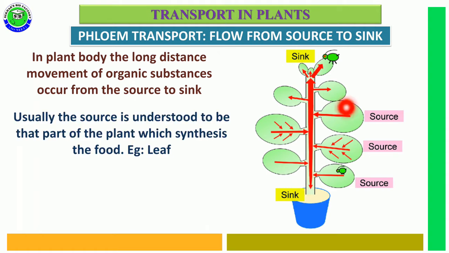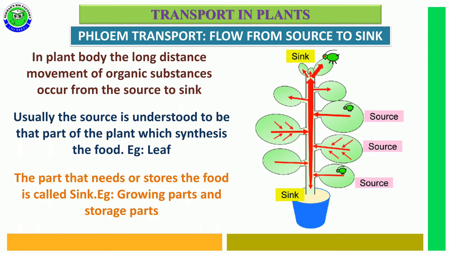Usually the source can be understood as the part which can synthesize food materials. For example, green leaves and young stem have the capability for the synthesis of food material. And some of the parts that need or store food material are called sink. For example, the growing pods present at the apical portion of the plant body, along with storage parts, act as a